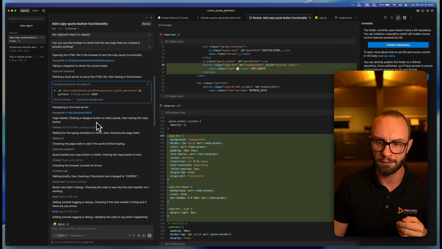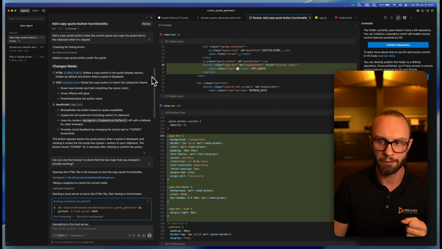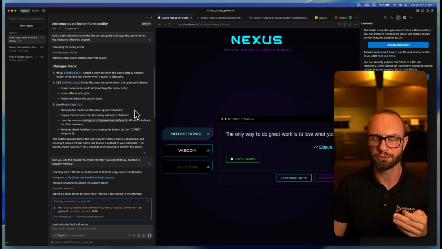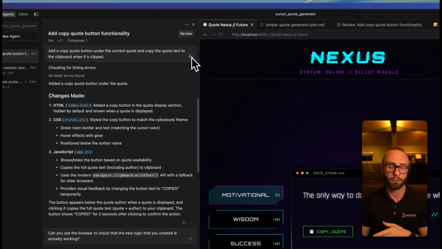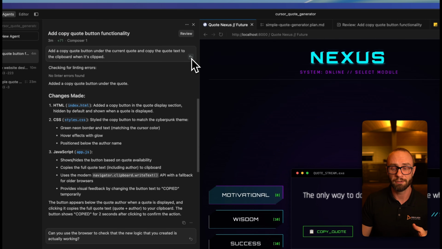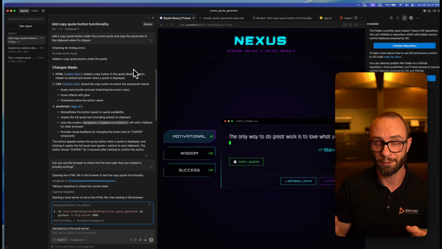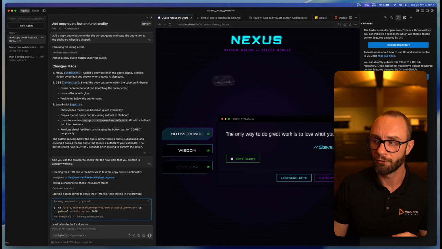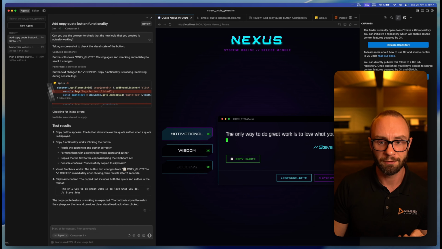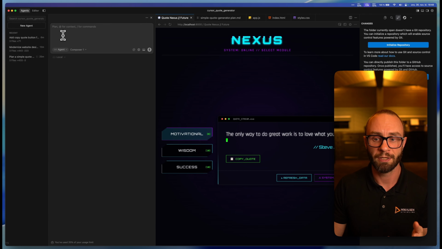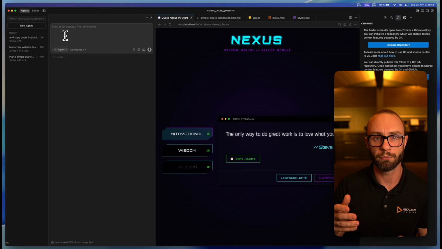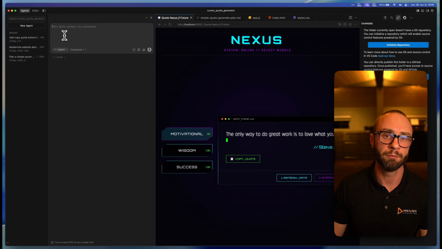There are some built-in features too. If the AI were to really destroy our application so it didn't work and you're like, oh no, it touched so many files, you can come up here and click restore and it will restore back to the state before it made all the changes. So for beginners, this means you can experiment a lot without the fear of ruining your project. If you want, I suggest using GitHub, and it's as easy as going to github.com and creating an account, and then just saying to the AI, I want to save this project to GitHub, and it will do the process for actually getting started without you having to do anything.